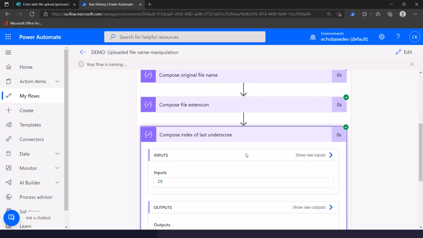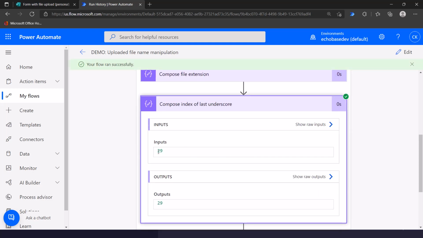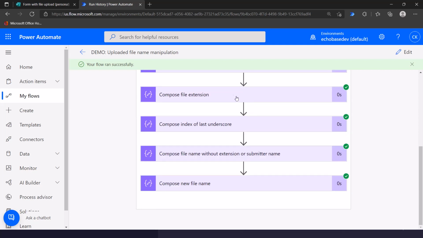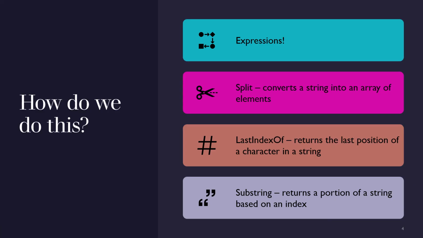Success. So this is telling us that the last underscore is in position 29. It's character number 29. All right. So now the fun part. Next thing we want to do is substring, or next formula expression we're going to use is substring, which is